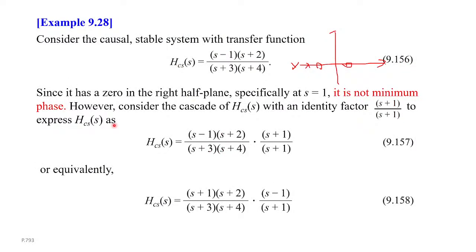And then let's see an example of a system that's actually not minimum phase. It's a rational function, and we will do the factorization. So it has a zero at 1, a zero at -2, and poles at -3 and -4. So this is actually not a minimum phase system because you see there's a zero on the right hand side. But now we do something funny. We decompose this into a minimum phase system times an all-pass system.